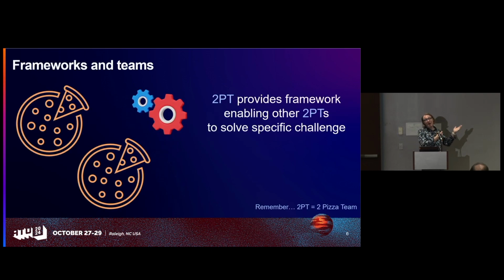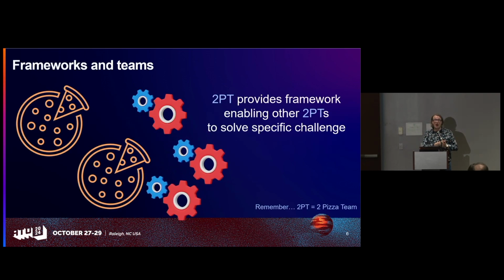Which brings us all the way back to two pizza teams and teams. The goal of today's talk, the focus of today's talk is about teams and frameworks. A framework I'm defining as something that helps a target audience solve a specific challenge. So it's a tool or tools. And I'm going to say that it will work the best when there's another team, a two pizza team, that